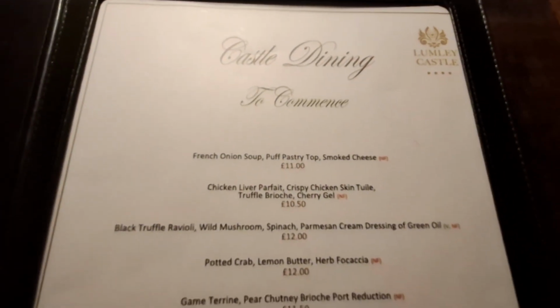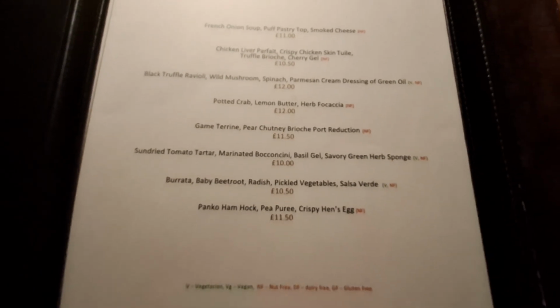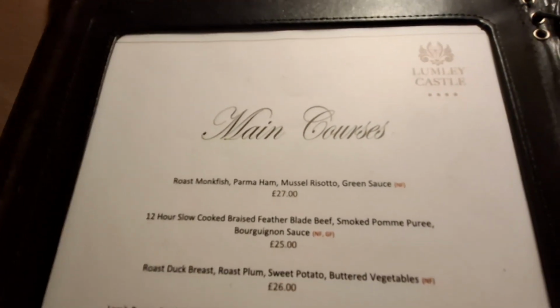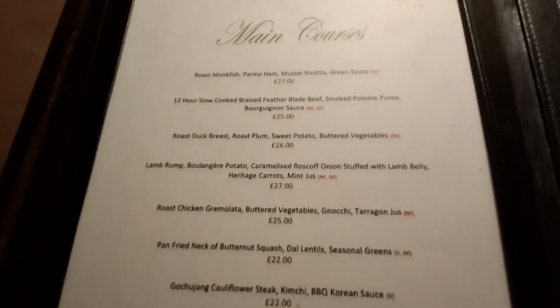I'll tell you what I'll do. Because we're not sure if we're going, the restaurant's just in there. I'll show you the restaurant, but obviously I'll just pan over the menu for you out here, because we're not sure whether we're going to be eating in here or in the main bar. We haven't decided yet. So just in case we don't end up in the restaurant, the main